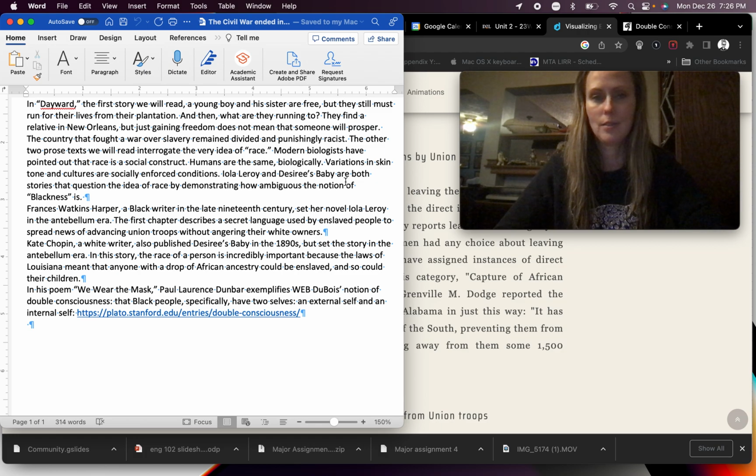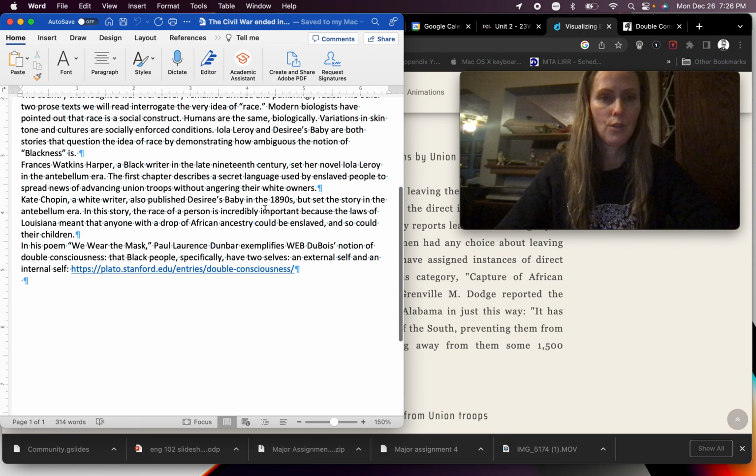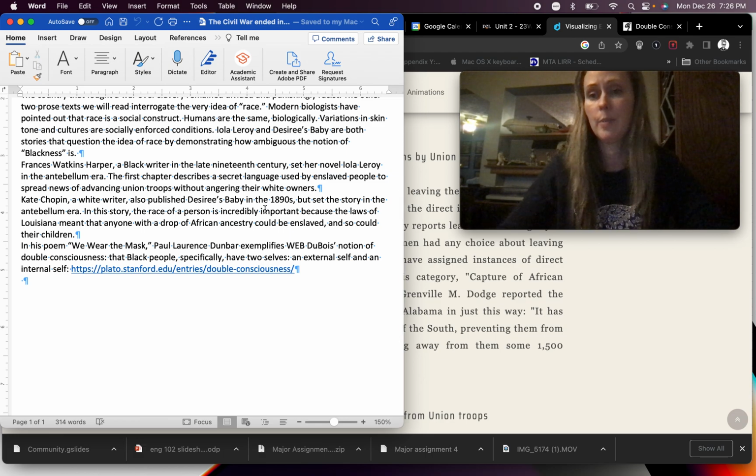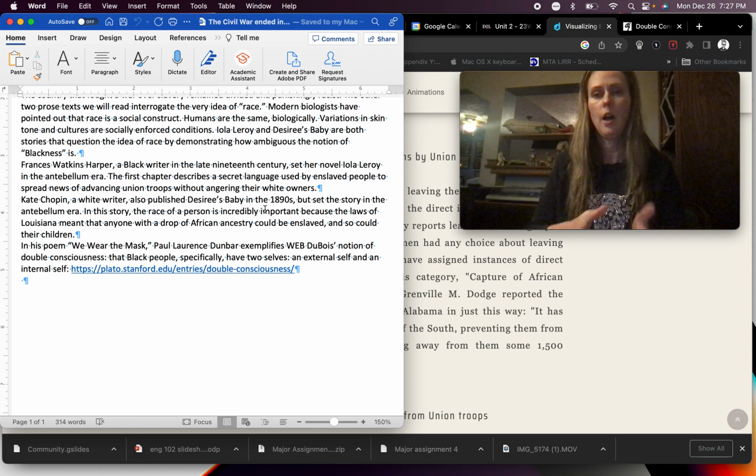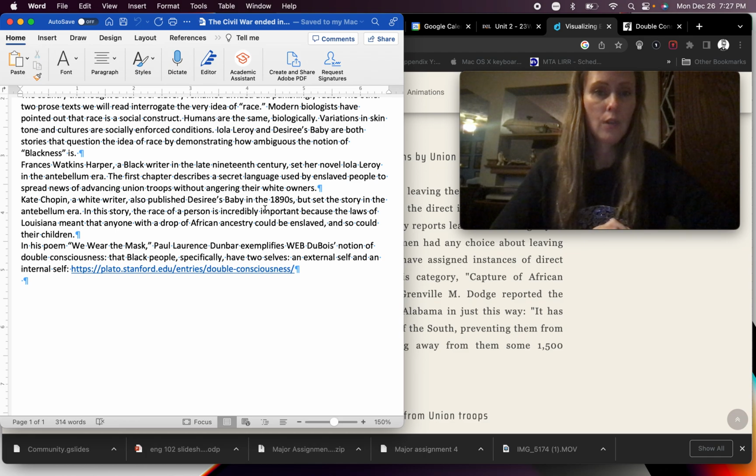of blackness was. Frances Watkins Harper, a black writer in the late 19th century, set her novel Iola Leroy in the antebellum era. The antebellum era refers to the era when slavery was still legal in the United States. The first chapter describes a secret language used by enslaved people to spread news of advancing Union troops without angering